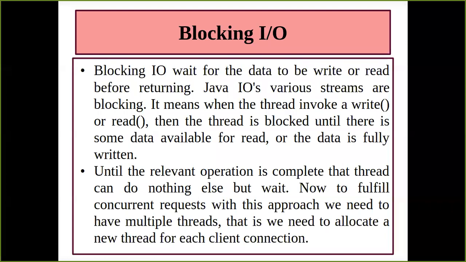If you remember your programs for the file input stream and file output stream, what used to happen was we had only one single thread by default, that is your main thread. That main thread was responsible to invoke either a read method or a write method. I hope you remember all those things I told you in SY also. Whenever we talk about one single program, by default we have one single thread available, and that thread is responsible to execute all the things we have written inside a program, including the read or write method.